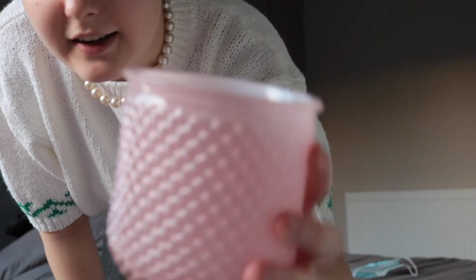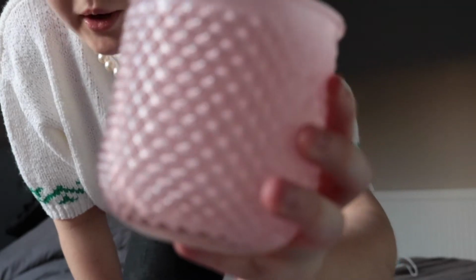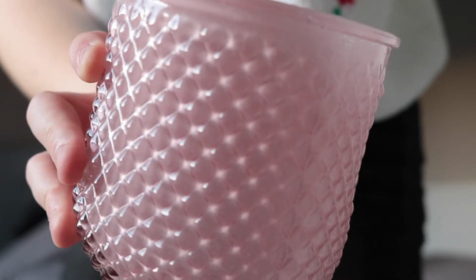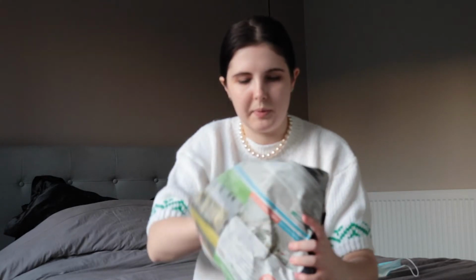colored glass things. So this is just another vase glass type situation, but again, you can see it has little, almost like pearls of glass on it. It is honestly stunning. Like, just look at that. So that was the next thing, and then one last thing I got from that store was this baby, which